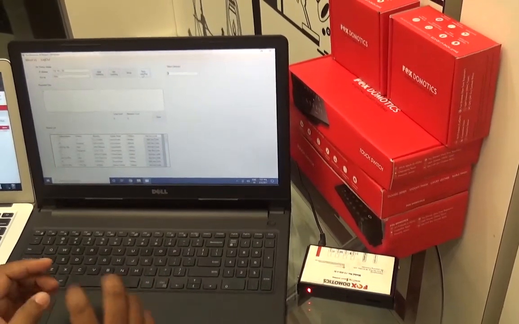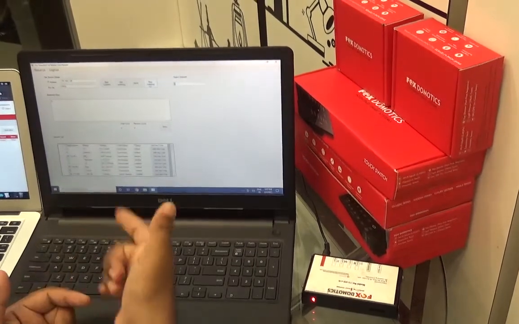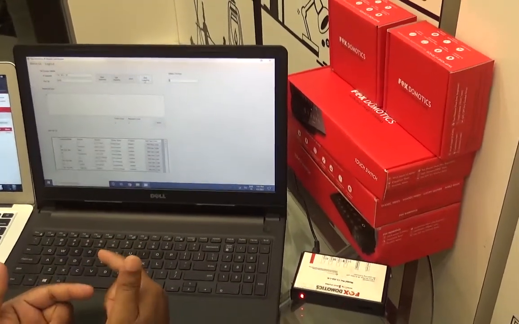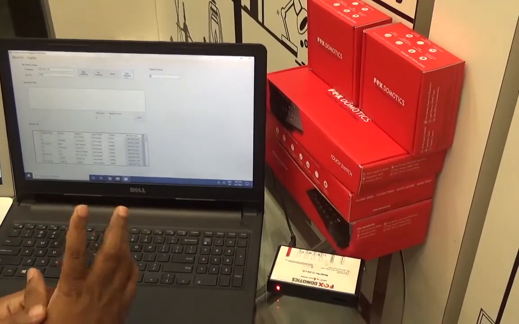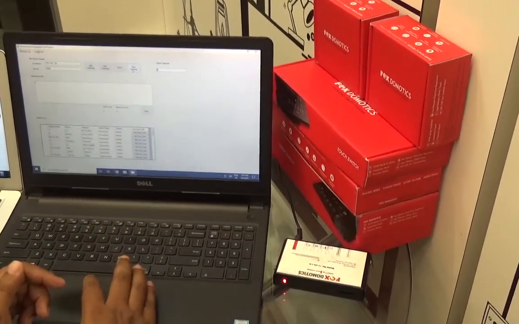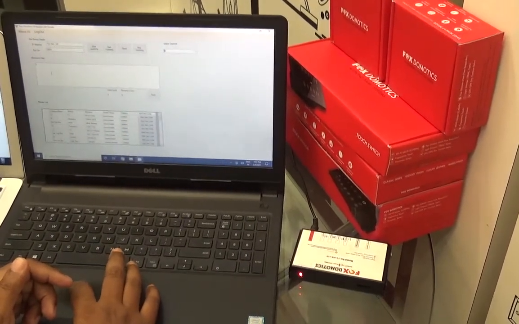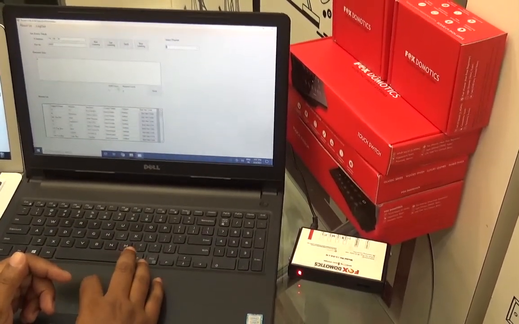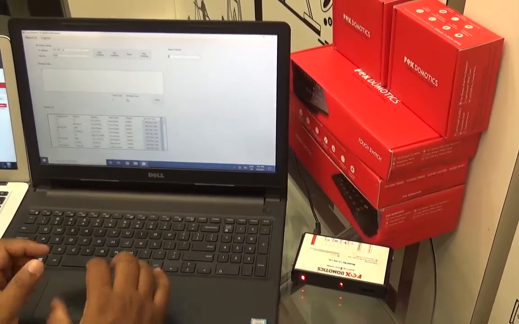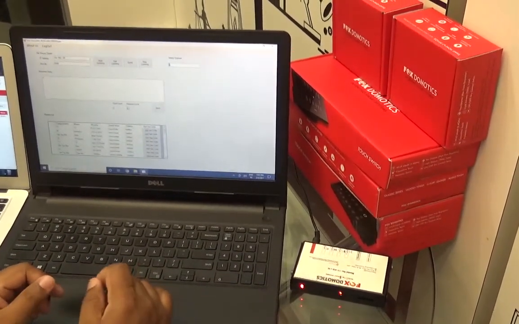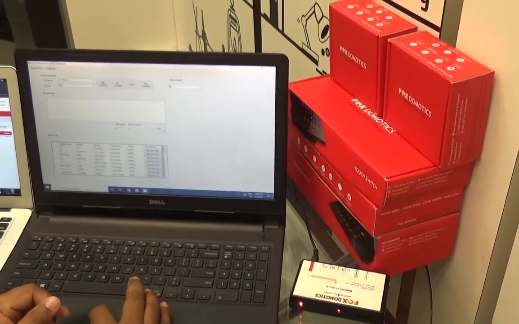Stop Learning means once you want to stop, you want to add a new button. Once you start the learning for a new button, first you press Stop Learning and then Start Learning. So this is the entire procedure. This is the receive data window. Here you can see total count and receive count. This counts the number of bytes available while doing the learning.